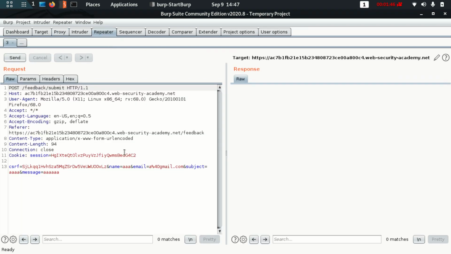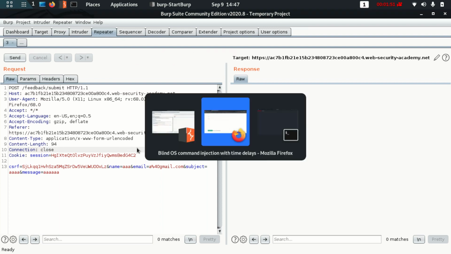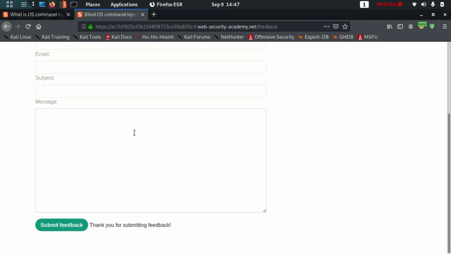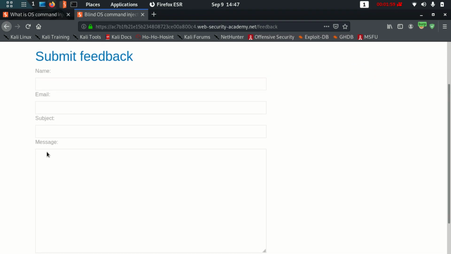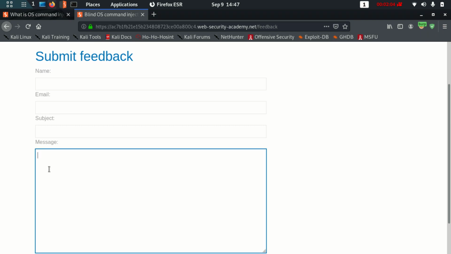Now the backstory is that whenever you type a feedback in this website, they are not doing anything with your name, the subject or the message. What they are just doing is giving you a thank you message, an email returned back. Whatever email you typed over here, they are giving you an email back. So they are calling a function to email you back saying thank you.